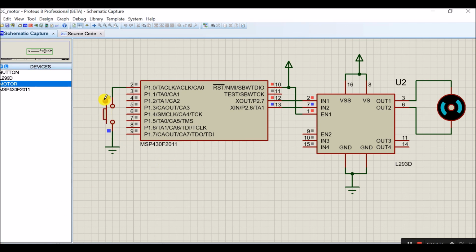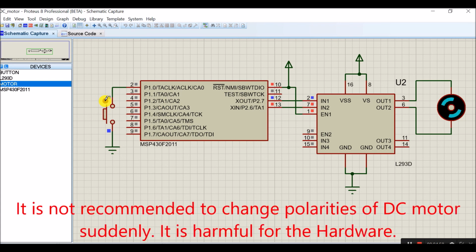So now suppose my button is in the release condition, so the motor is moving in the anti-clockwise direction. Suppose my button is in the press condition, then the motor will move in the clockwise direction. So we can control the direction of the DC motor by using a switch button.